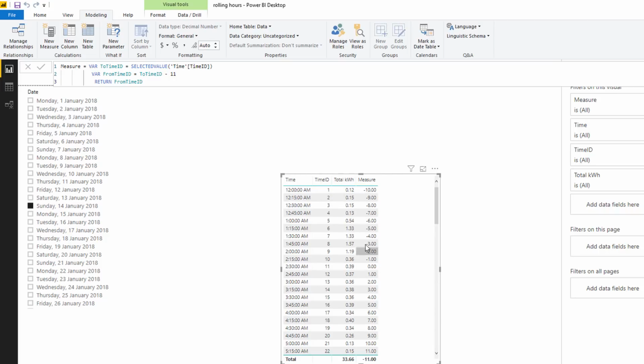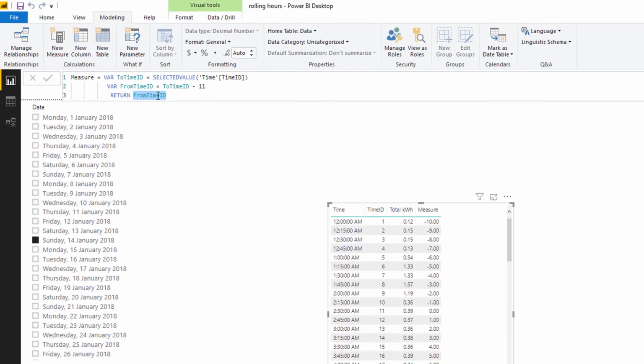These areas here are going to be a problem. We're going to come back and fix that later. But for now, this is going to work from any time ID from 12 and above. Okay, so now I'm going to move into the custom time intelligence pattern, which is CALCULATE, and the number I